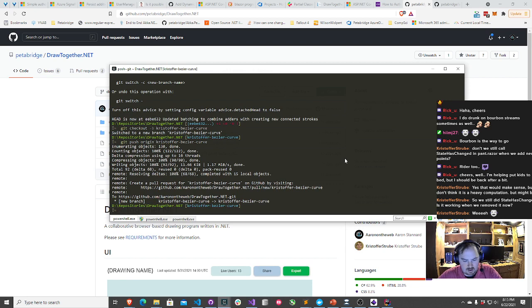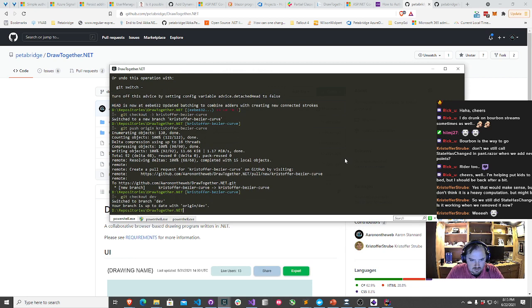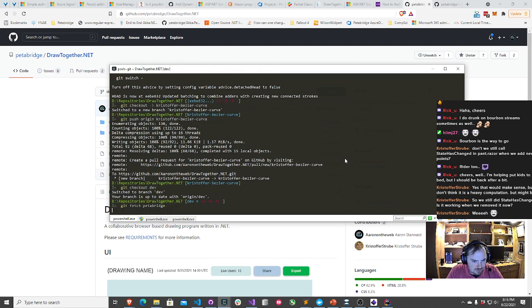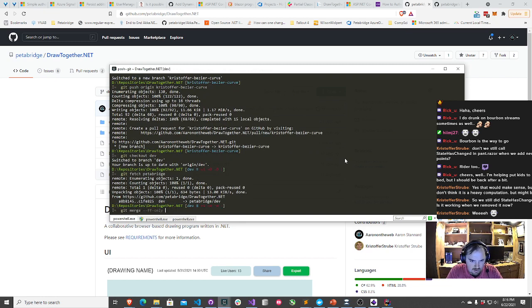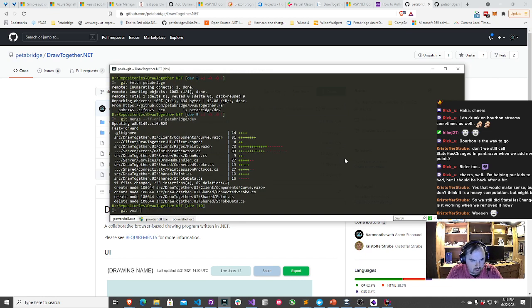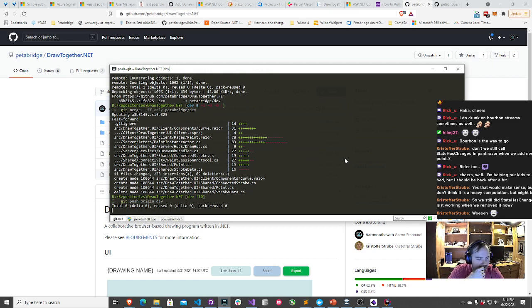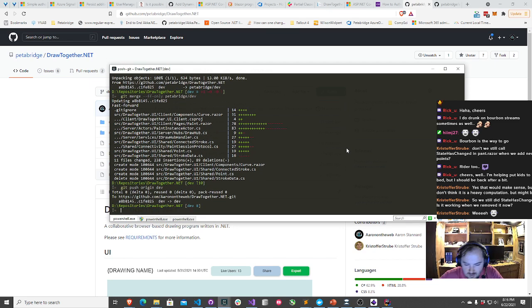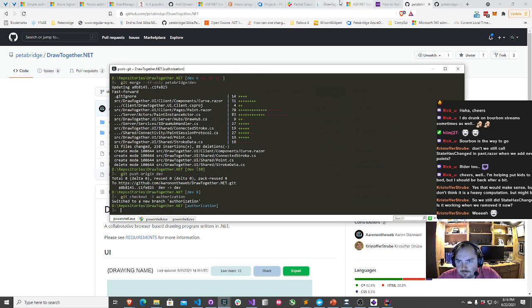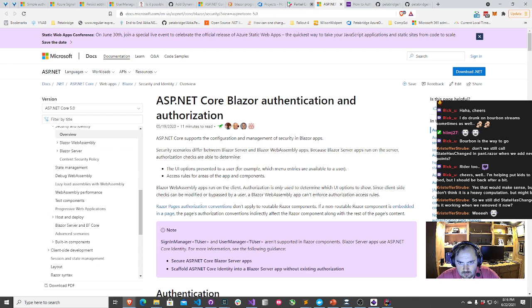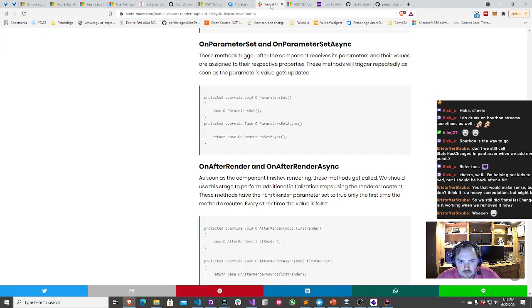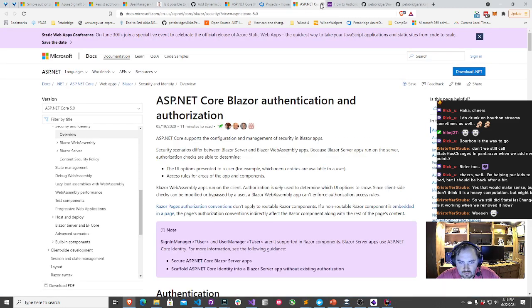I think that's probably a good place to go ahead and let sleeping dogs lie with respect to trying to improve render performance. There's more work we could do there, but I think we should work a little bit less on the drawing and a little bit more on the together part. So let's go ahead and take a look at doing some authorization. All right. So I'll go ahead and close that out. Okay, get rid of some of this.